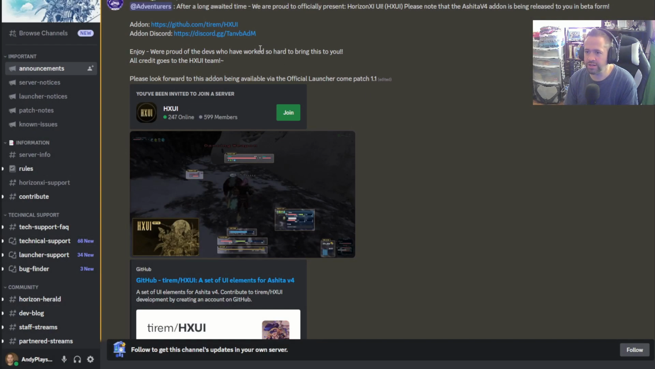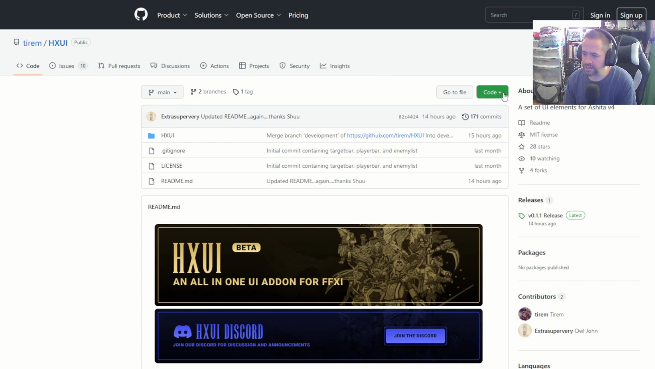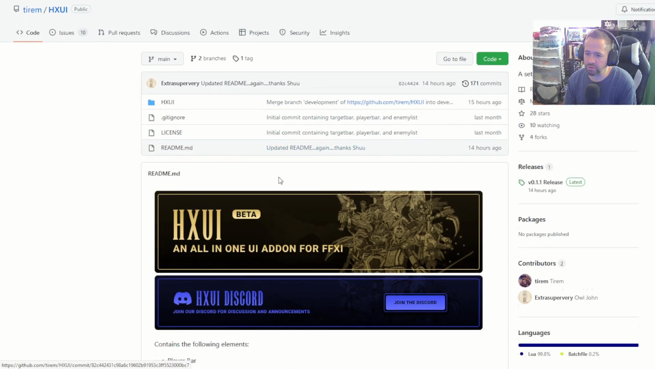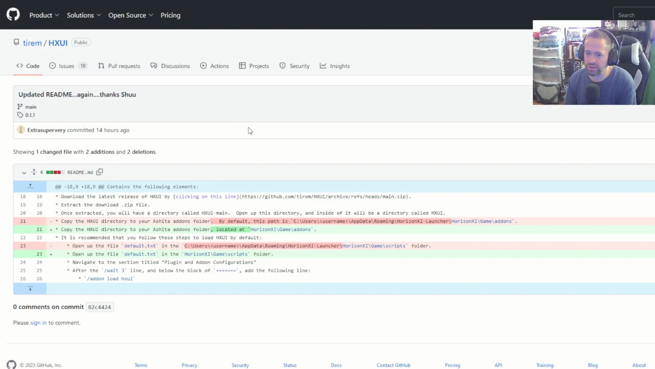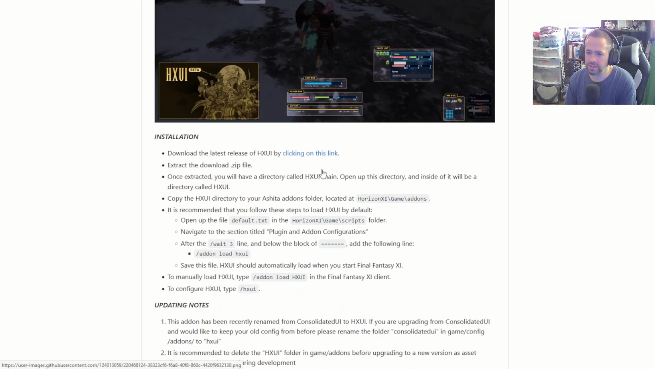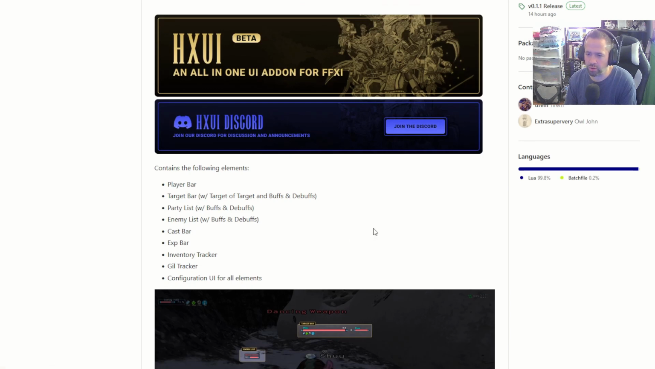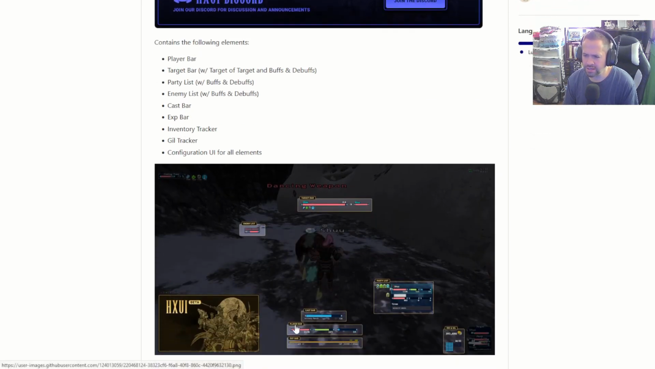So let me just give you a quick tour of how to get it installed. Here I go to click on the link, it says GitHub. Now you can either click on the code and download zip, or you could go to the README file here. Instead of clicking on the README file, this basically just shows you what is in the README file anyway. So this contains the following elements: player bar,